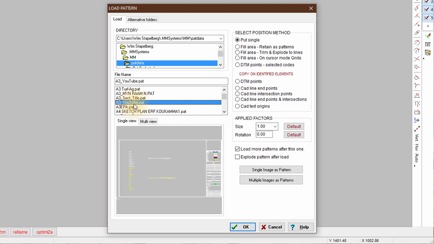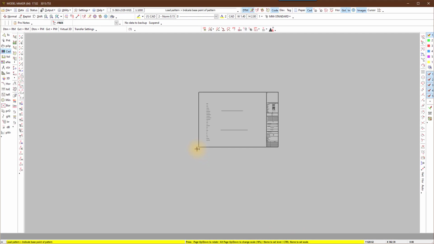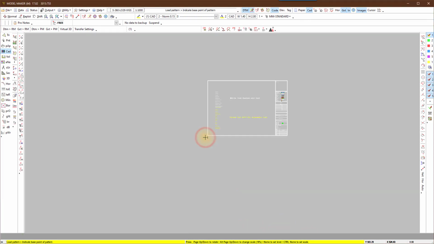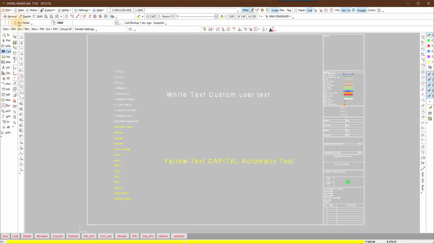This is an A3 pattern with the title block on the side. Load and explode the pattern. Confirm the frame will fit the paper size you choose, in this case A3.